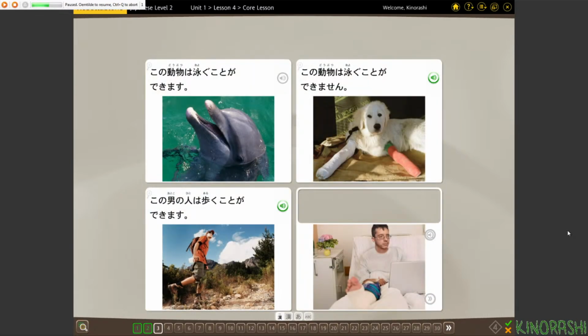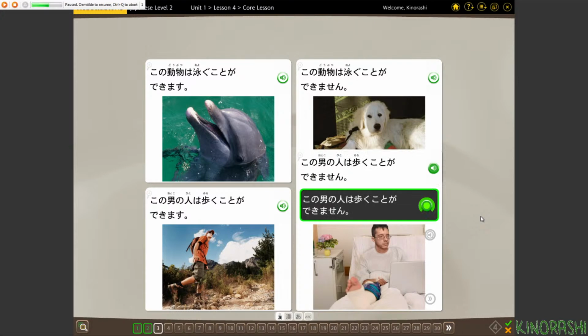この動物は泳ぐことができます。この動物は泳ぐことができません。この男の人は歩くことができます。Now this would have been a lot simpler in figuring out the meaning in these pictures. So, この男の人は歩くことができます。この男の人は歩くことができません。